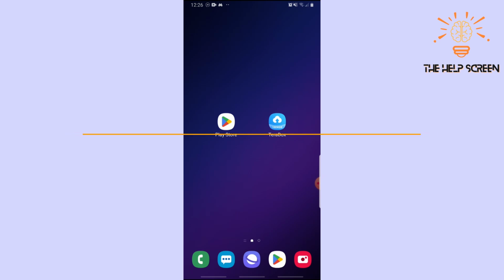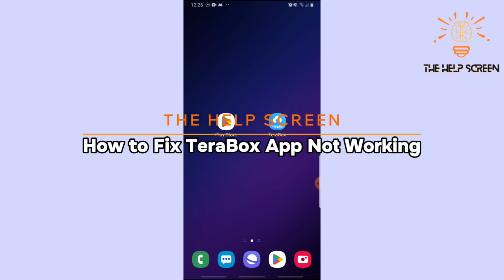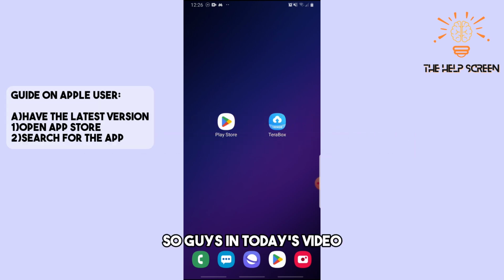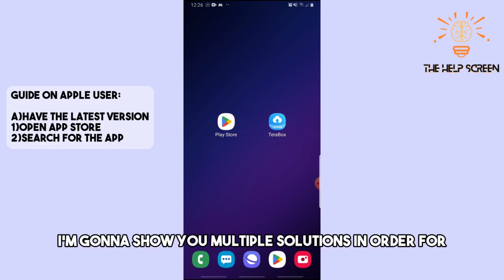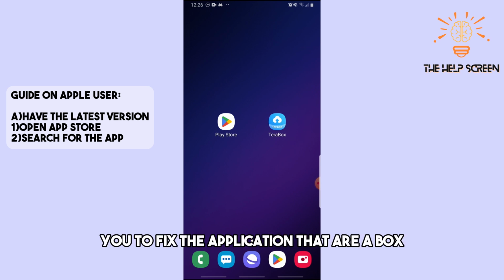This is HelpScreen and this is how to fix TeraBox app not working. So this is an Android and Apple device tutorial, so simply follow along. So guys, in today's video, I'm gonna show you multiple solutions in order for you to fix the application, the